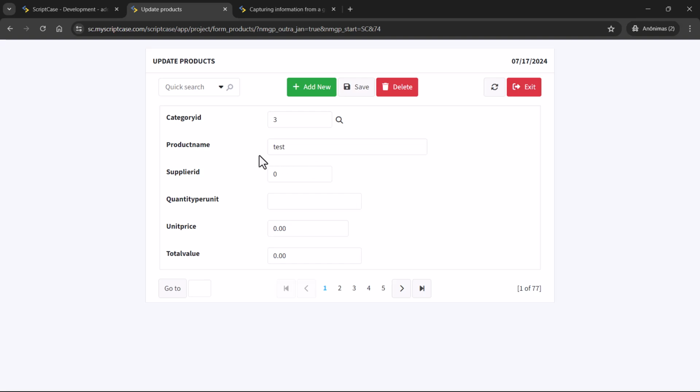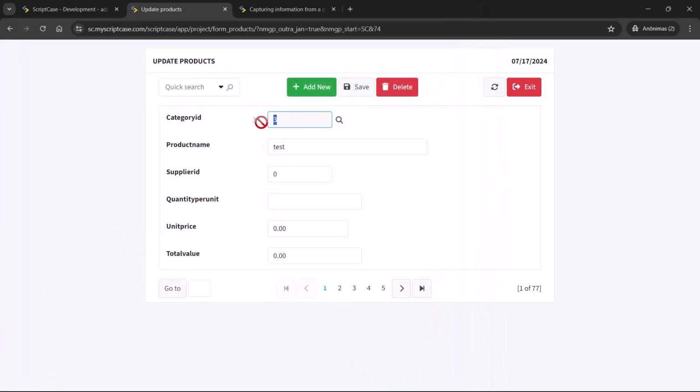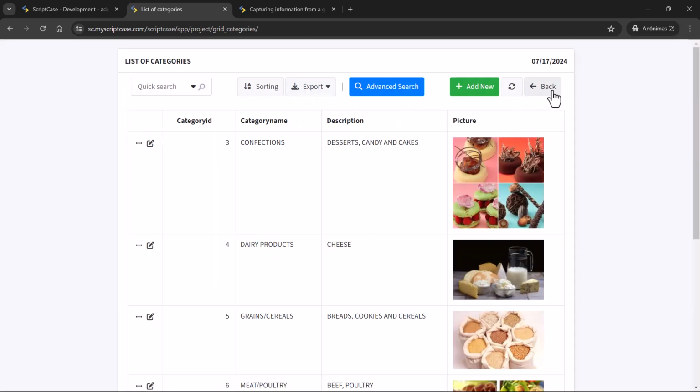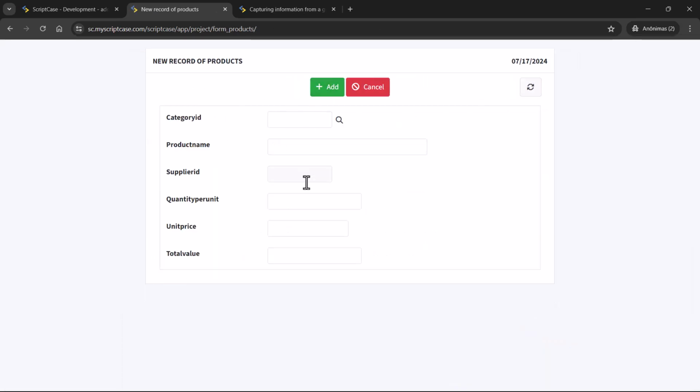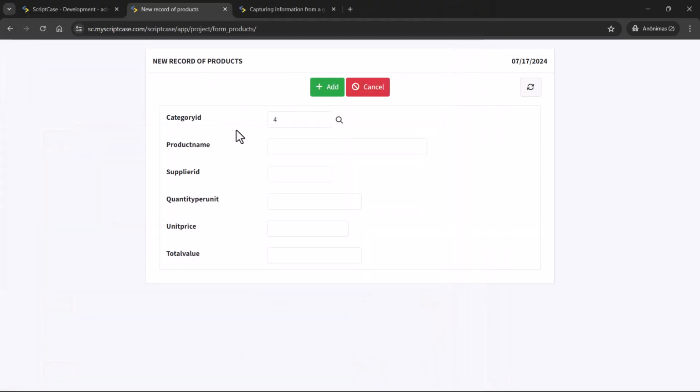So now we can see that we have the option to select the category using the link. I can change here manually using this input, or I can also save here when I'm doing the new record. I can also type here manually the category ID, or I can select from the grid application.